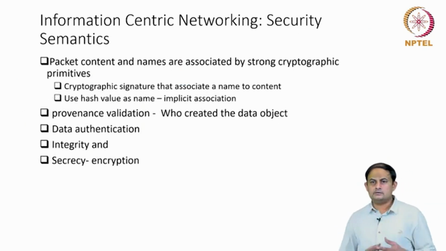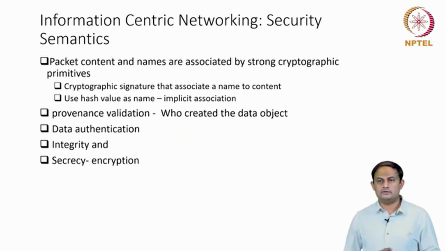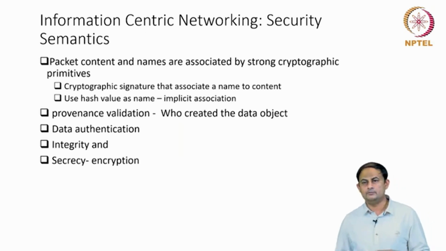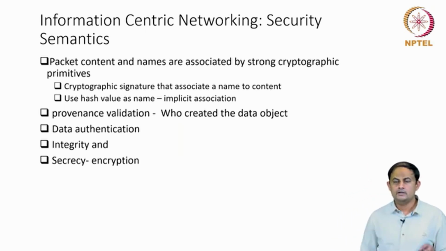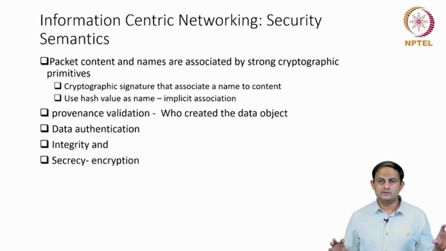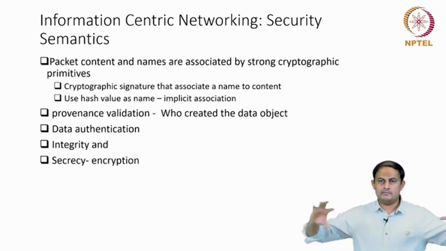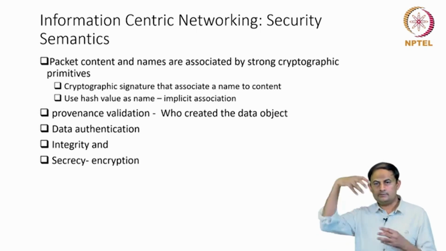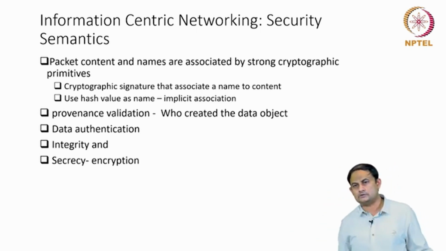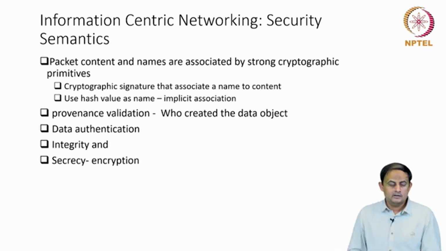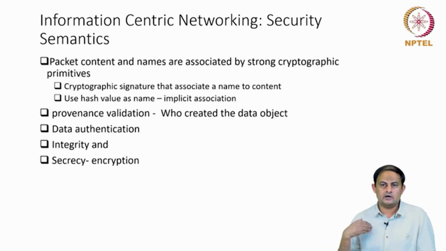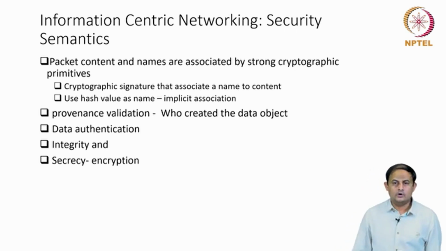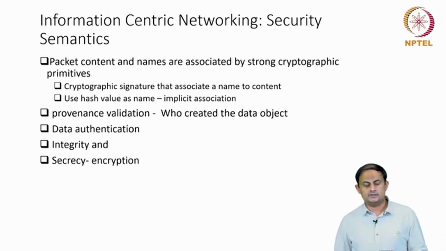The last feature of the ICN network is security. We said that security in IP networks is given by establishing a tunnel between the two end hosts, and the plain text data crosses this tunnel. We want to exit from that semantics and attribute the security to the data itself. So how do I achieve that kind of semantics?